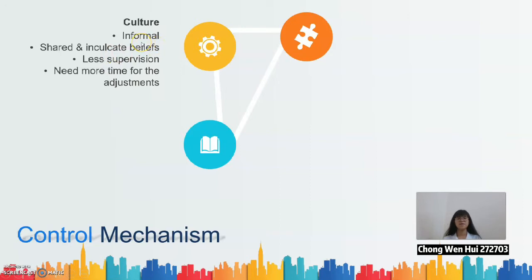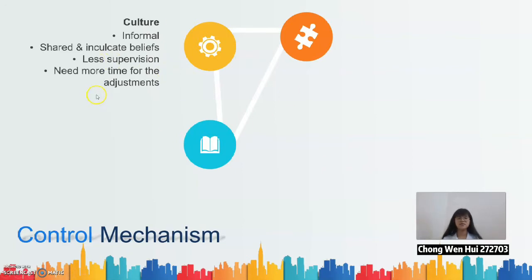Under this control, people having the same culture approach the same goals and ethics, which means control is achieved through shared and inculcated beliefs. For example, when a company has a strong culture, all staff will have the same objective, which is to make the company better. Under this control, fewer supervisors are needed, as everyone knows what they should do without being told constantly.